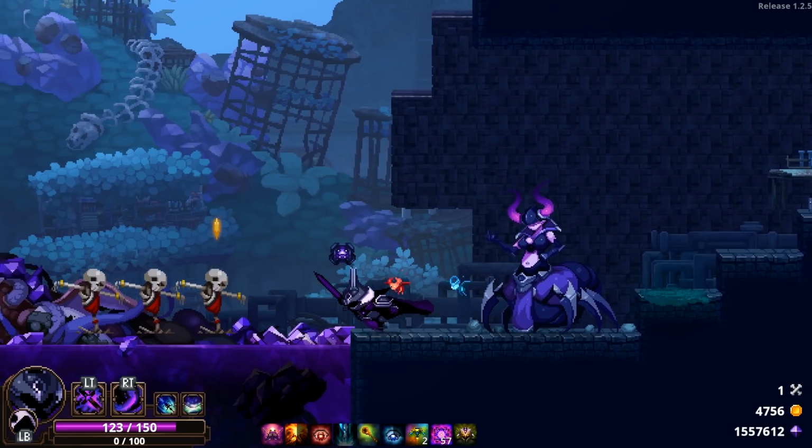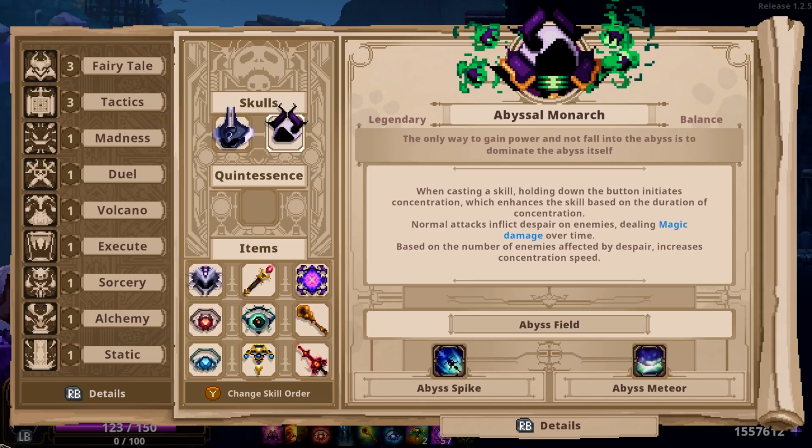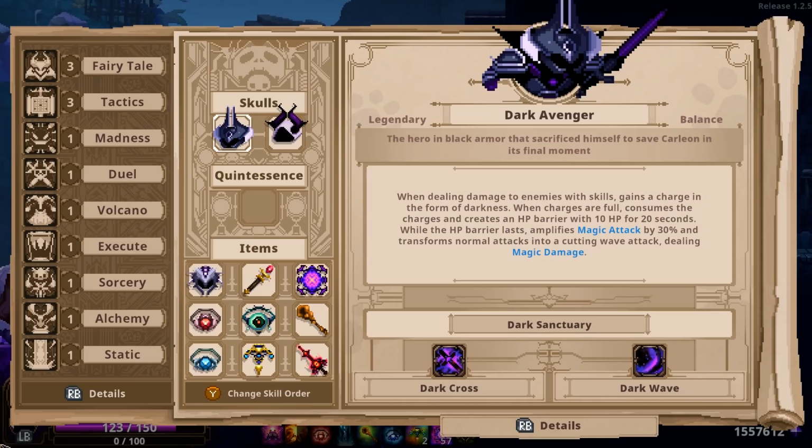Here he is, the Dark Avenger. So we have the Abyssal Monarch and the Dark Avenger buddied up again. When dealing damage to enemies with skills, he still gains his darkness charges. When it's full, he gains a barrier of 10 HP for 20 seconds. While the barrier lasts, his magic attack, well, all magic attack is amplified by 30%